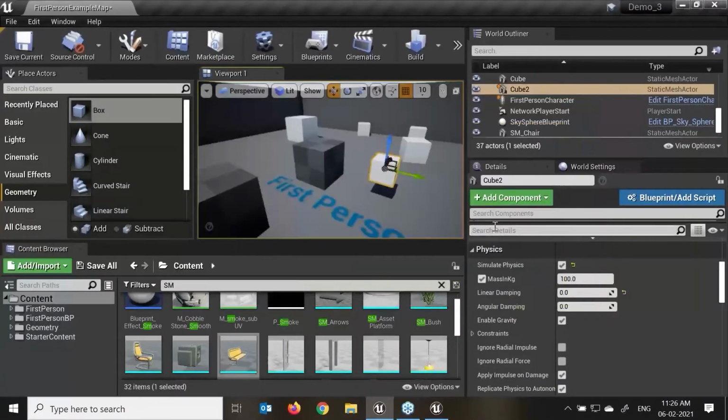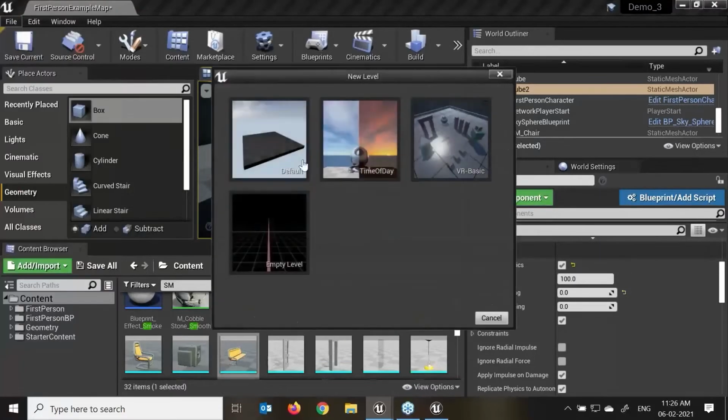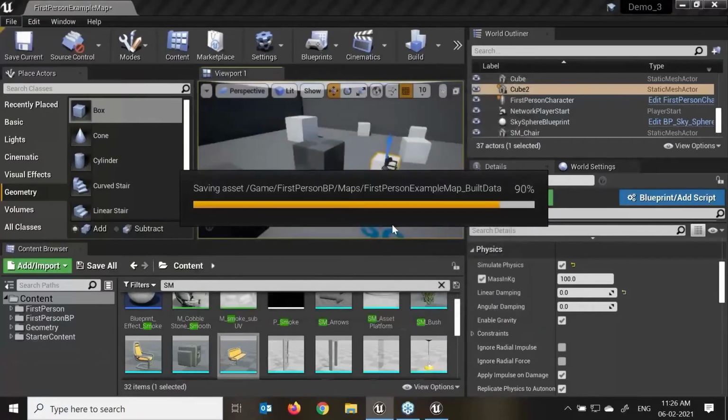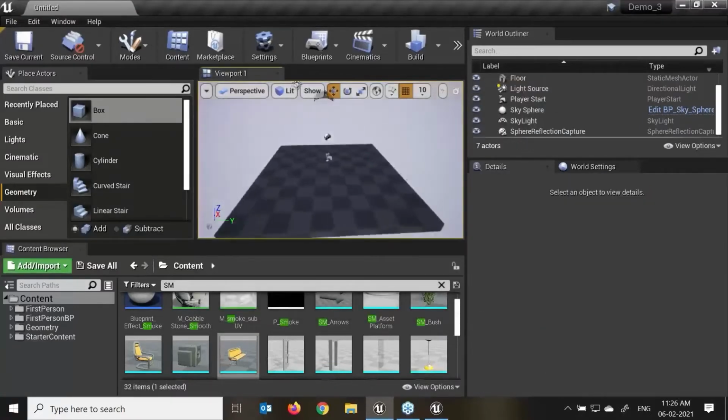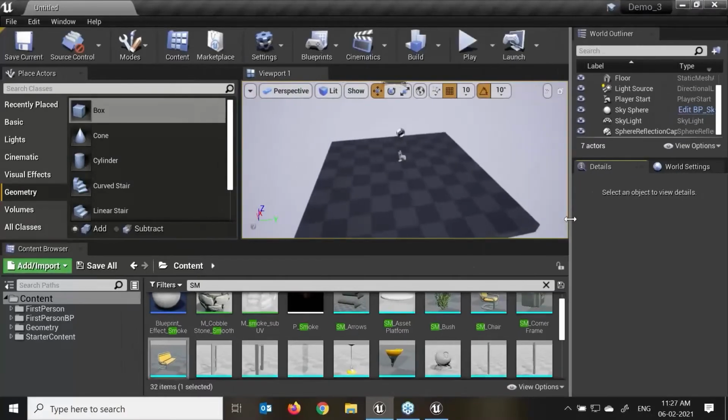F11 again is over here. A mesh saves memory, and BSP will use more memory after creating multiple duplicates. Now, first of all, I'll create a new level over here. This is my default. I will save and select over here. This is my new level. Now we'll see the different properties and options we have in brushes.